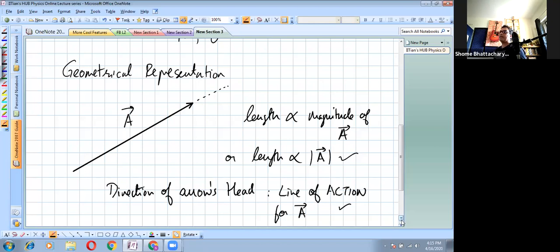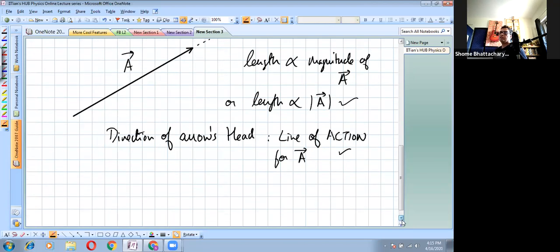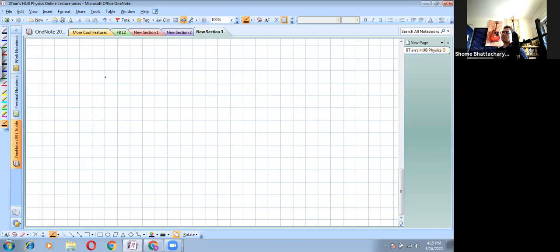And to that end, we saw that as long as we are dealing with a combination of vectors which are lying in a two-dimensional plane, that means they are all pointing in directions which lie in a plane and not in three dimensions, then we can represent them by these kind of arrows because we can draw arrows in a two-dimensional plane. As of now, we don't get into drawing arrows in 3 dimensions. So we just restrict ourselves to two-dimensional vectors when we're talking about geometrical representation. Okay, so that was the second thing that we saw after notation.